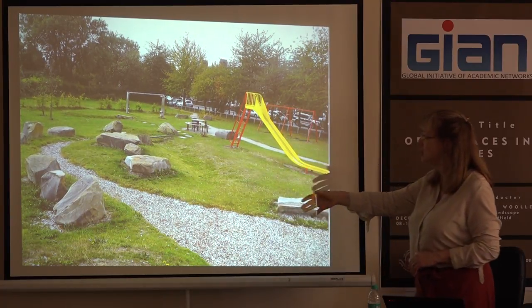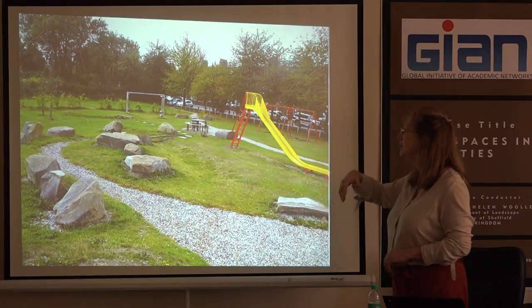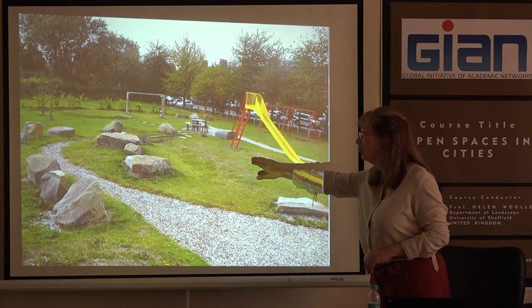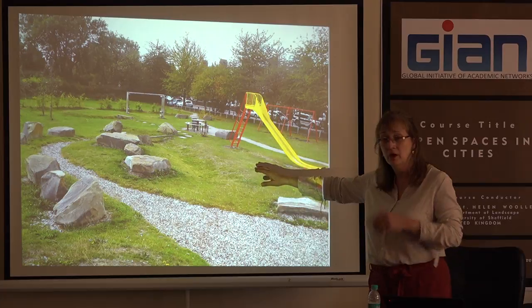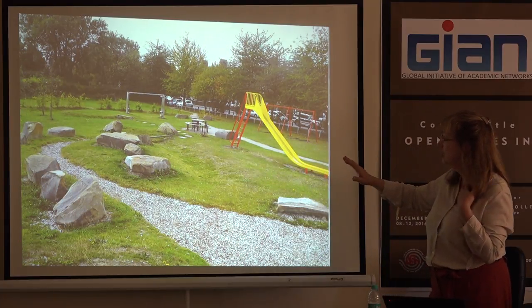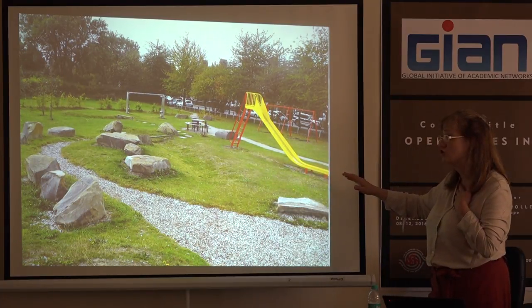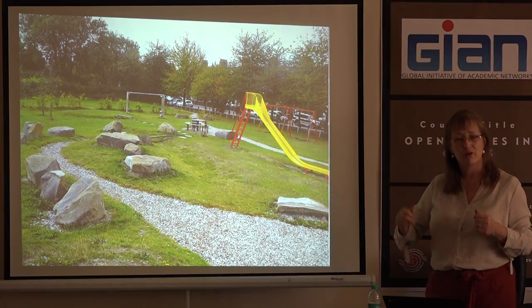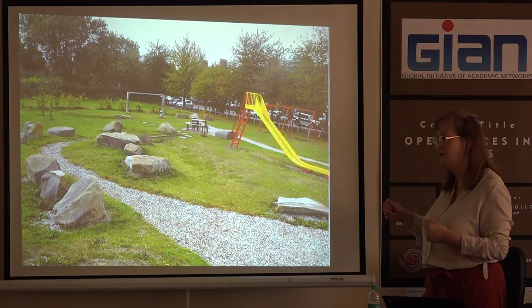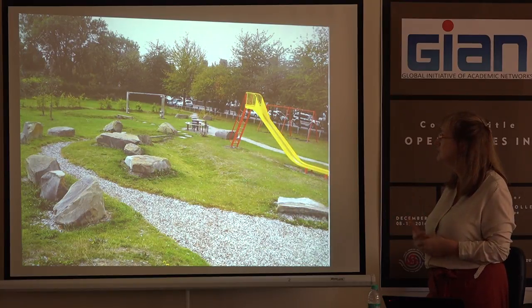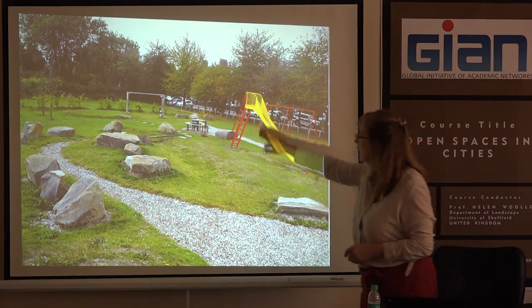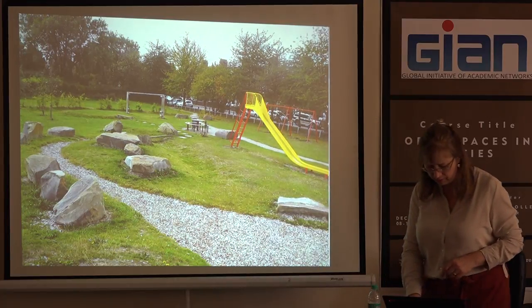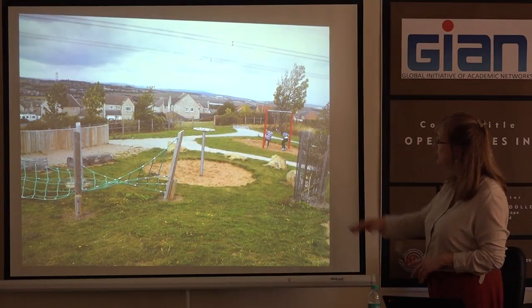But this is more natural, it's using landform and it's using grass. Notice it hasn't got a rubber surface underneath because the European regulations talk about you must have an impact absorbing surface, but it doesn't have to be rubber, it can be grass, and that's been misinterpreted for many years. That's quite a high level actually to have grass planting. But the other surface you can use is